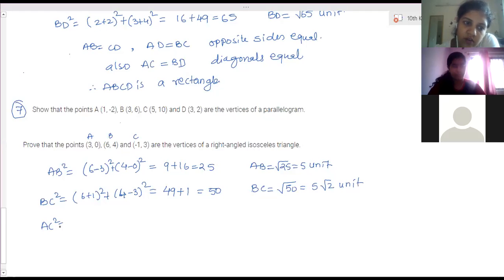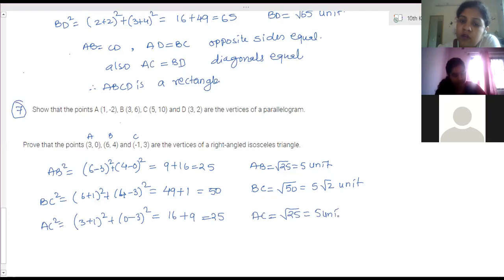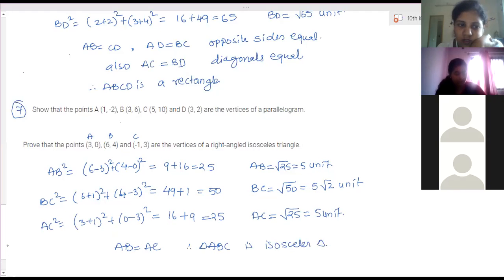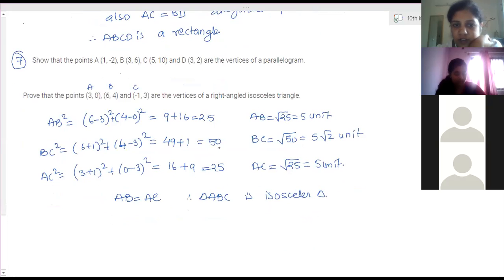And AC square is equal to (3 plus 1) whole square plus (0 minus 3) whole square. 4 square is 16 plus 3 square is 9, that is equal to 25. So AC is equal to square root 25, that is 5 units. Now you can see that AB is equal to AC. Therefore, triangle ABC is isosceles. Now you can see 25 plus 25 is 50. So therefore, also